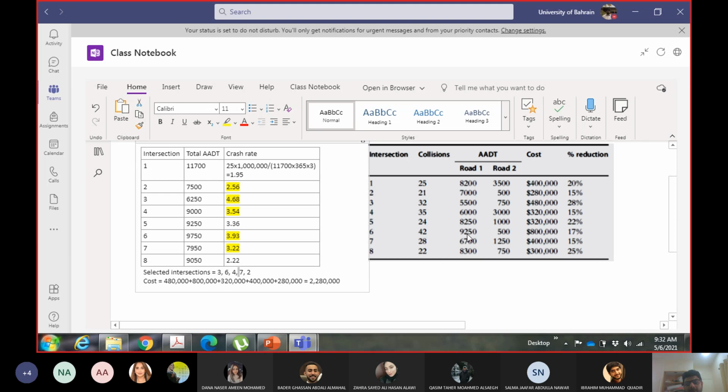I should have taken out number 7 and I should have selected number 5. Okay, so it will have less cost and it will save more accidents. And then you can add number 2 as well, and then you can see what happens. You will have some more margin. So what happens if you take 5 and 2? What happens? So we have this, and then we have this one. So how much is the total now?